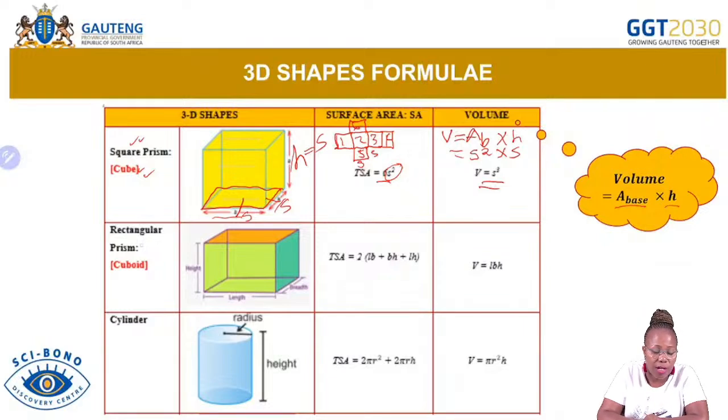And now let's go to the rectangular prism, which we sometimes call a cuboid. We still have a length, a breadth, or sometimes they say a width, and then we have the height of that container. Now if we want to calculate the surface area, remember we have the bottom part, which is exactly the same as the top part. So if we want to calculate the total surface area, we'll have 2 of the same, the top and the bottom. The bottom is length by breadth, and then we'll have 2